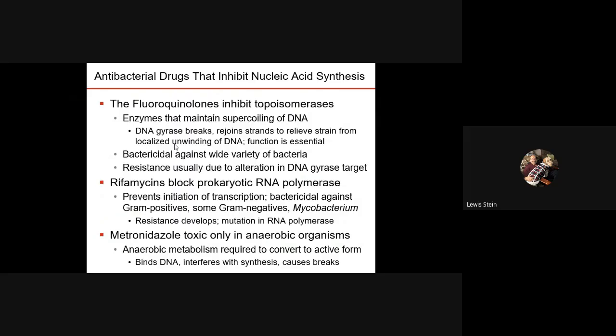This is really important. This is a very good teaching list. So, you guys in lab did your cultures and sensitivity, measured the diameters, S, I and R, all that good stuff. By the way, it doesn't always work, but it works in the laboratory. The name for that is in vitro. It means it worked in a test tube in the laboratory. In vivo means in something living. The fact that something works in the lab doesn't mean it's going to work in real life. A lot of times you'll prescribe the appropriate antibiotic, you look at the culture, it's supposed to work, and it doesn't.